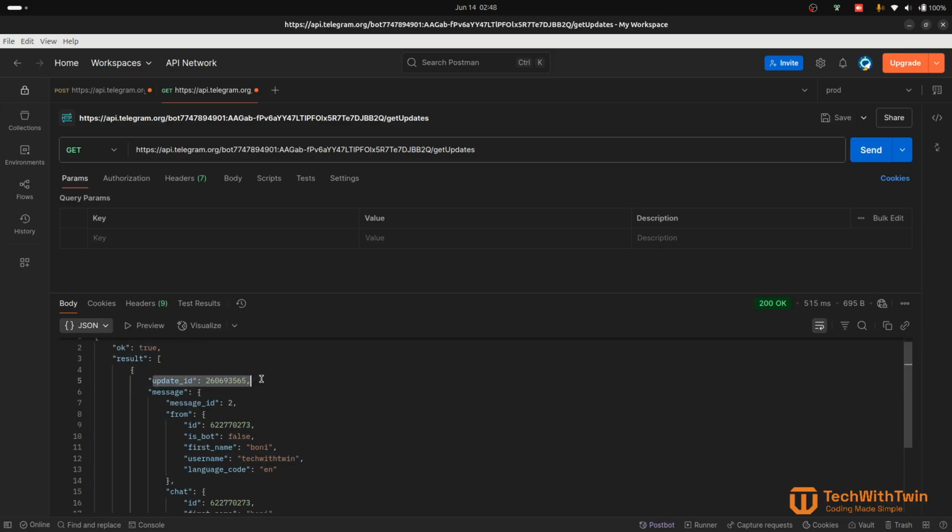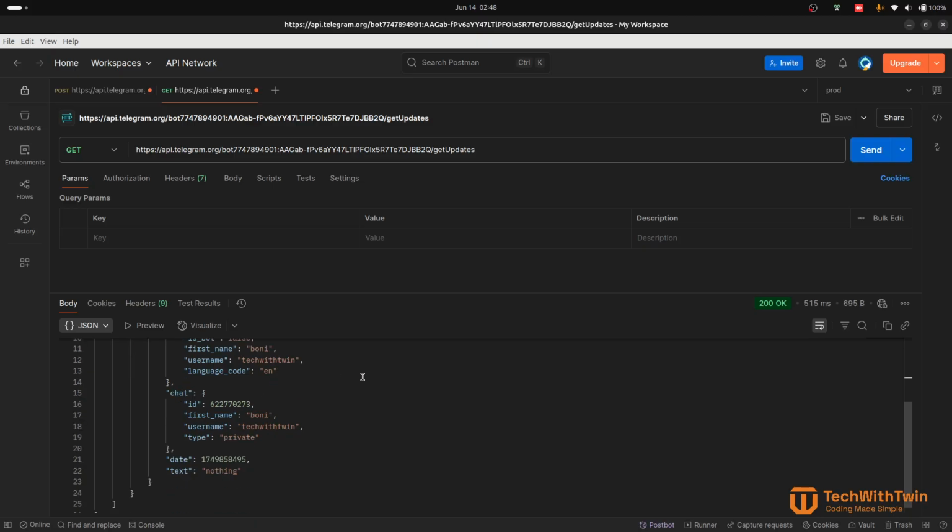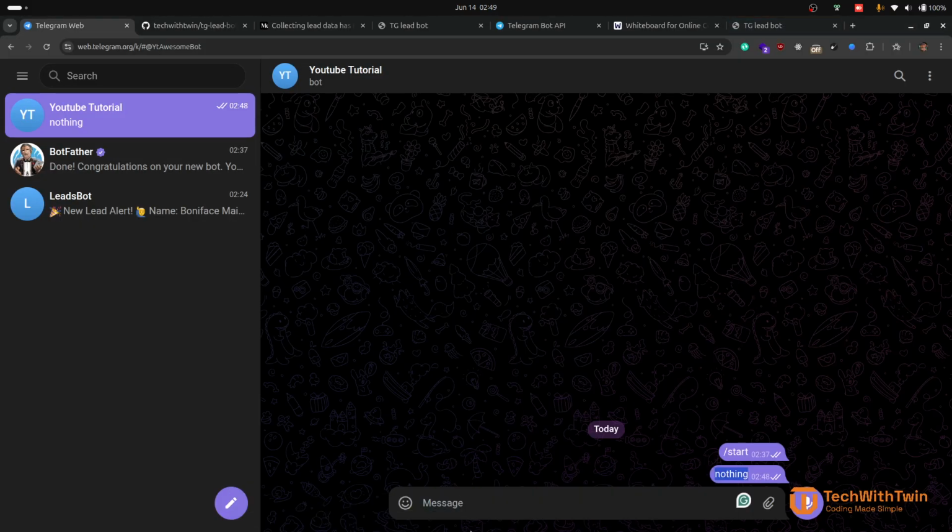And then the update ID, each update has an ID, message ID too. And then something, this is what we need, and in which chat. So we can get the chat ID from here. That's the exact reason we are doing that. So as soon as we get the chat ID,